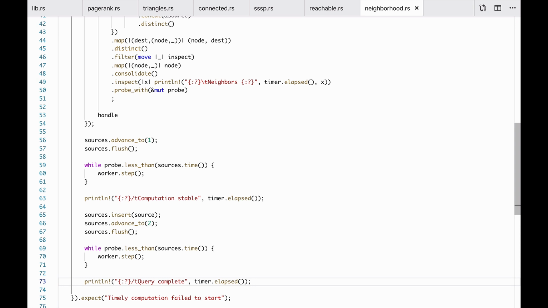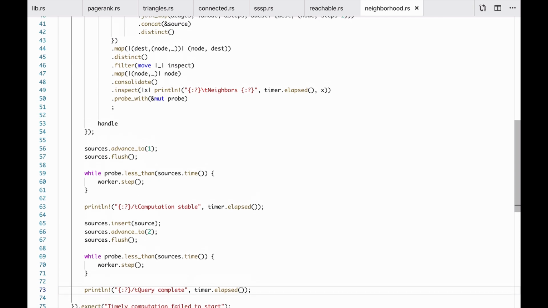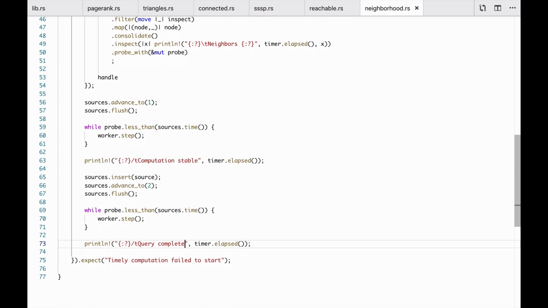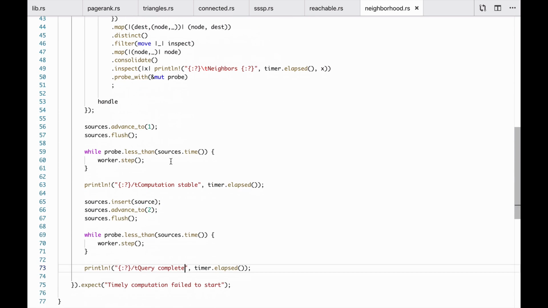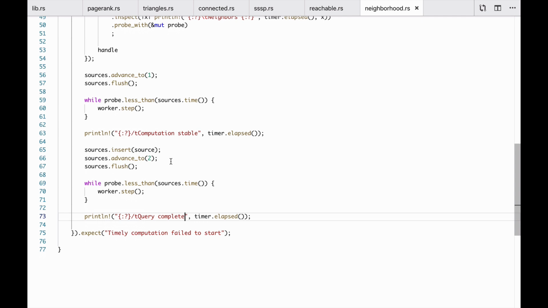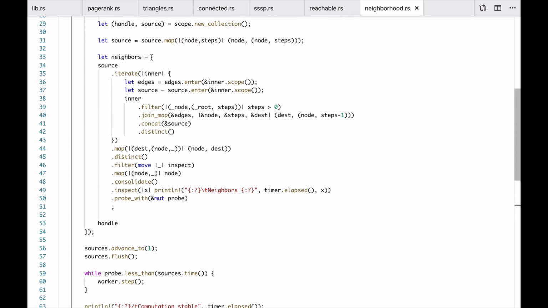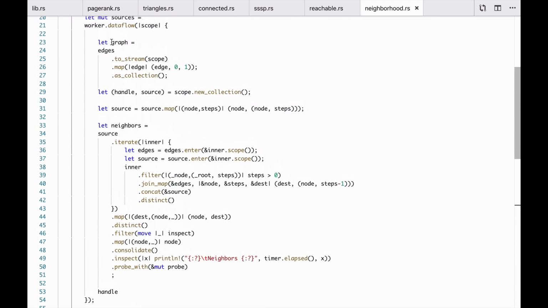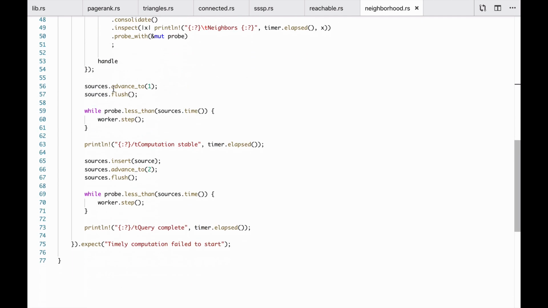Great. So this is the rough structure of the program that we need. We're going to start cargo checking it, and it'll almost certainly tell us that we need to bring a whole bunch of these methods into scope. But this is the intent, that we define our data flow graph with some hardwired graph edges in it, and we then, having defined the computation, advance our input 1 unit so that we can essentially run the computation with no query node in it, just to make sure that we